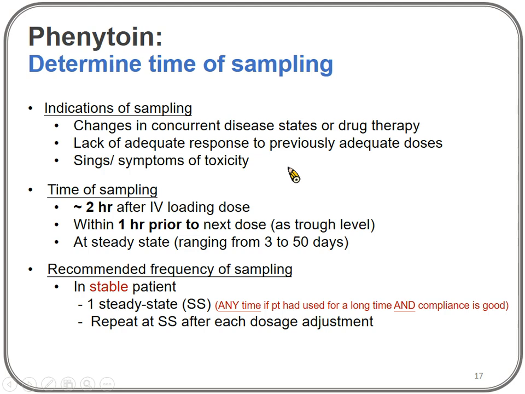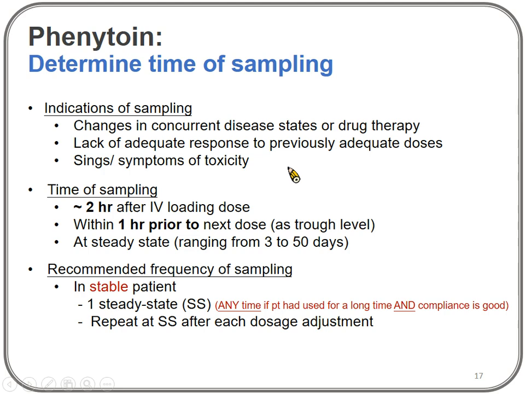We normally divide patient groups into two categories, from stable to unstable status. If you are dealing with a stable patient, one who has stopped seizing already, is getting back to normal, and is about to be discharged, then the steady state timing can be any time if the patient has used phenytoin for a long time and compliance is also good. So you could just pick a random level to assume that is steady state timing, and repeat at steady state